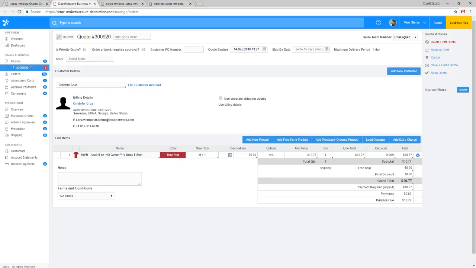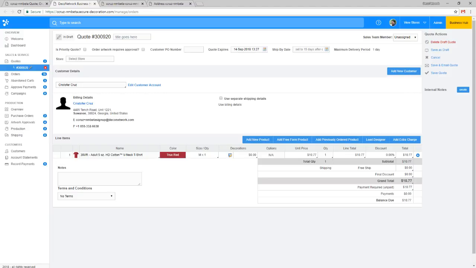So to answer the question more generally, it is possible to do a product CSV import. It does require collecting a lot of information beforehand. So you're going to need things like your product names, your descriptions, your style numbers, your colors, your sizes, all of that information. You can also import the product images through that CSV import process. There are some bits of information that you won't be able to set through the import. So there are still some things that you'll have to set on a per product basis once the items are in your system, and that includes things like setting the supplier of the product, and more importantly, setting the print